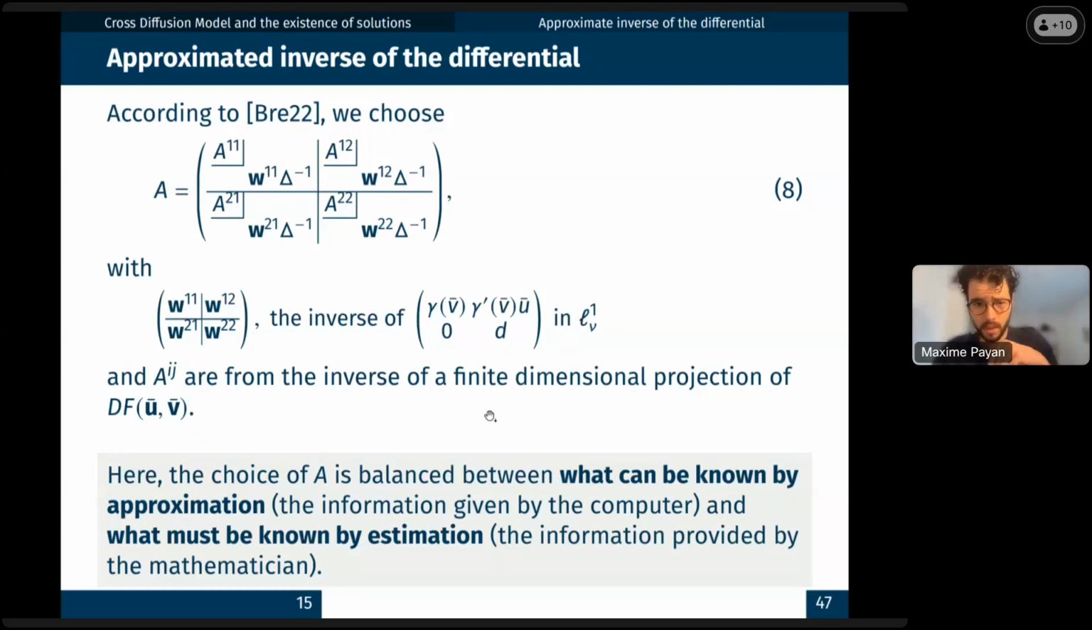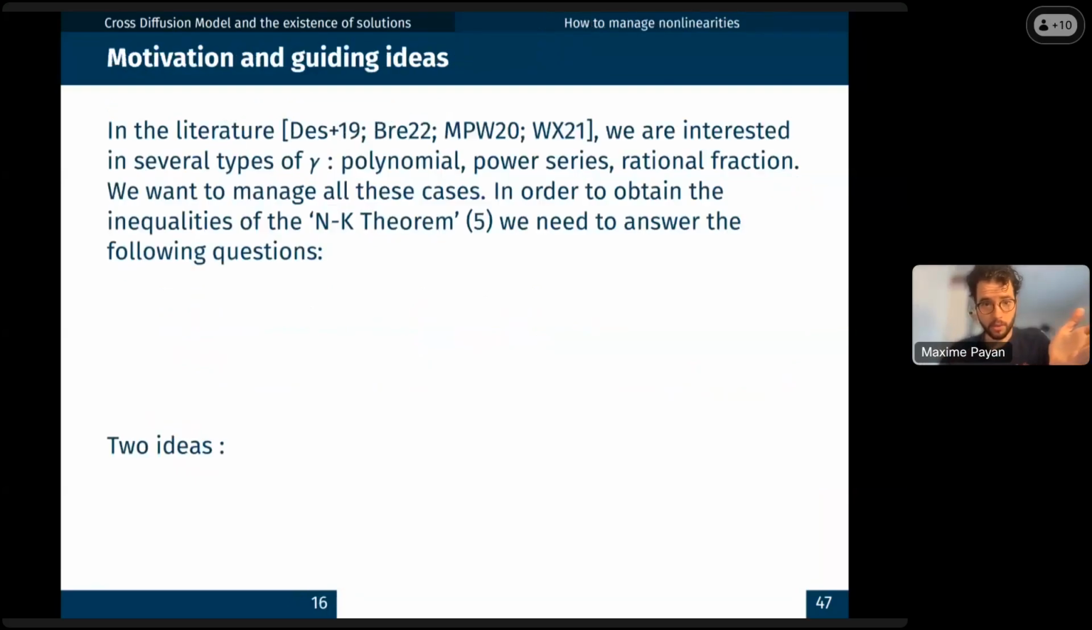So here we have in each block two parts, a finite part that we know and a tail part that we do not know exactly, but we can ensure the behavior in the asymptotic way. So now we got this A. We need to